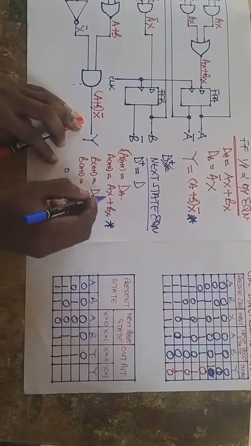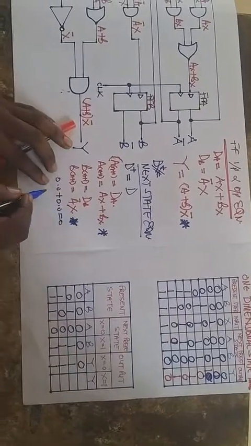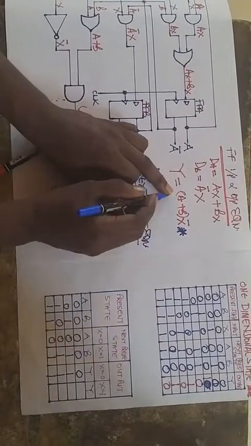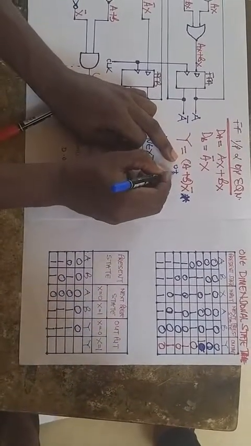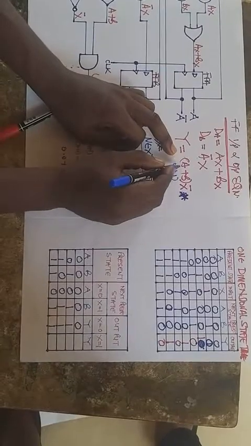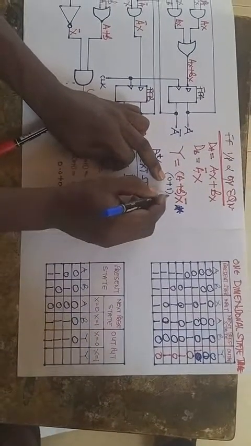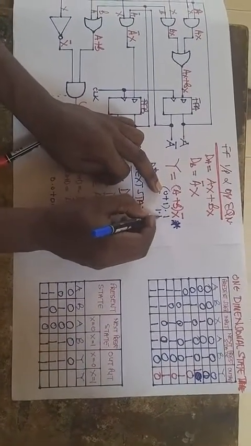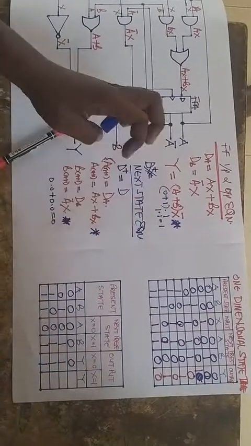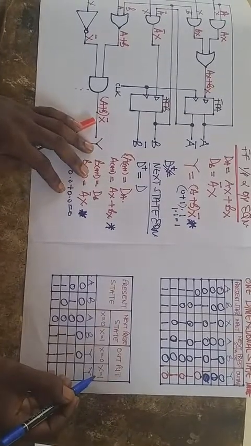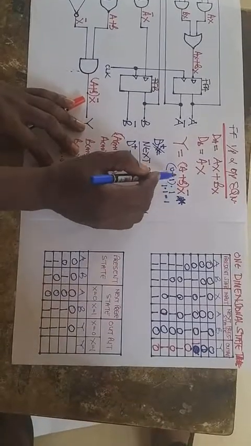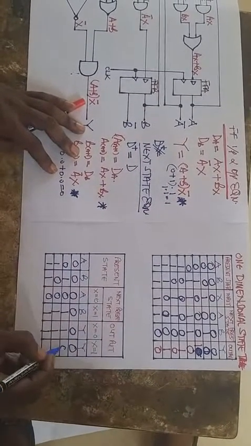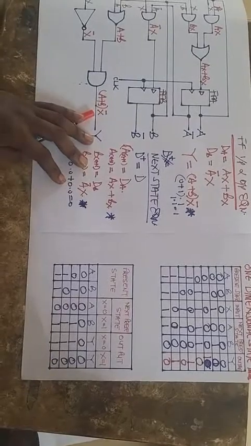So it's like we are using here. For example, here A is 0, B is 1, multiplied by the complement of x, which is 0, so 1. So I'm going to get 1 times 1, which is equal to 1. Now we do the last one, x equal to 1. Because we complement x equal to 1, it's going to be 0. And 0 multiplied by anything here will be 0. Okay, so that is it.